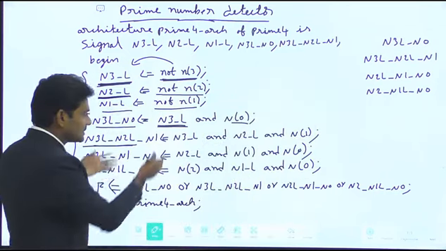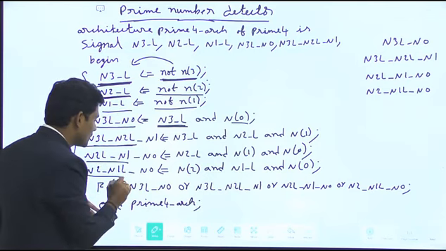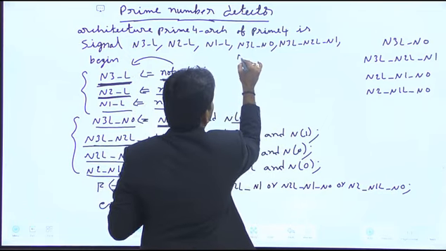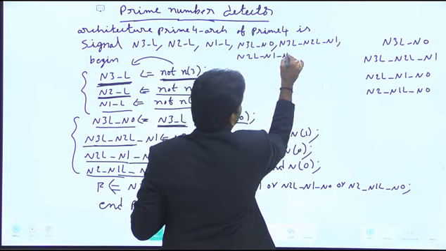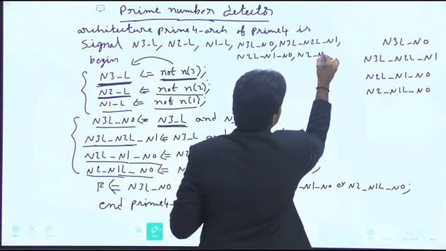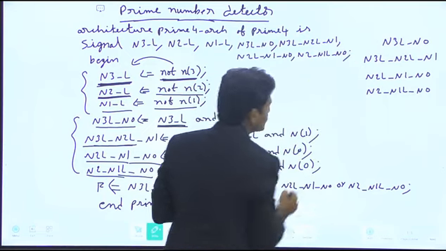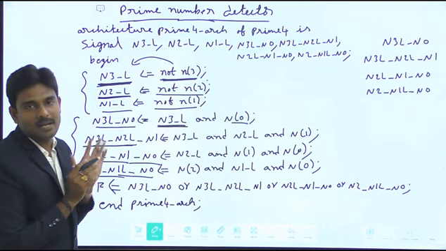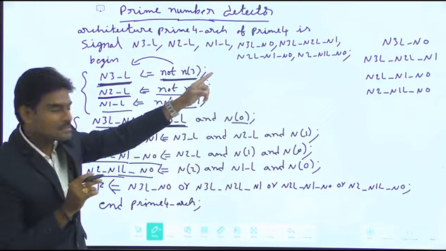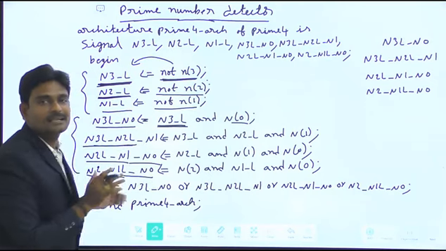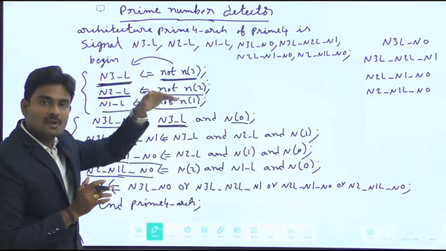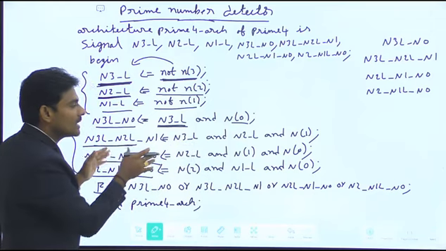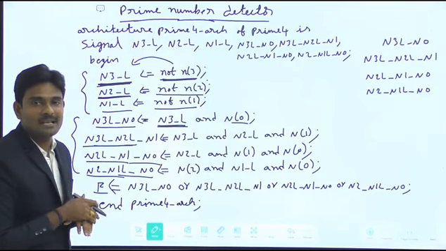Then after that, 2 more signals. In the same way you have to cover these 2 as well, this one and this one, so here I am writing N2L_N1_N0, comma, N2_N1L_N0. With that, all the signals that are not yet declared in the entity declaration part are declared, so I completed all the signal declarations. N of 0, N of 1 are all defined in the entity declaration, and F is also defined in the entity declaration. But the remaining ones are nowhere declared in the entity, because of that I mentioned them in the signal declaration part.